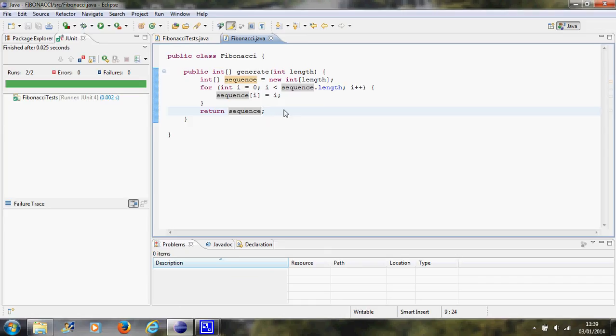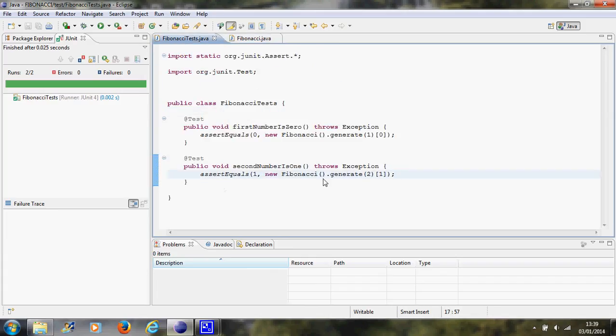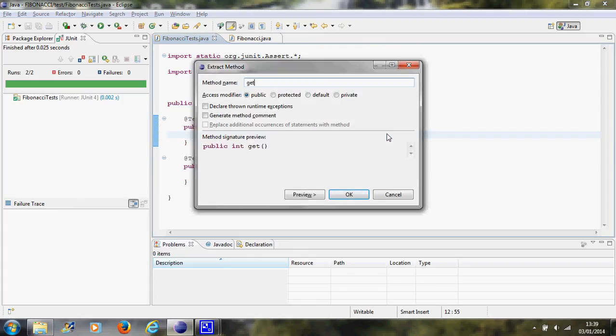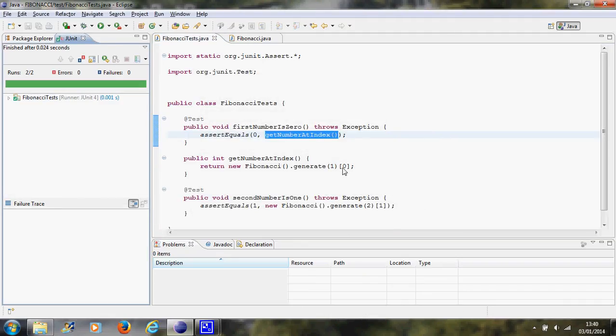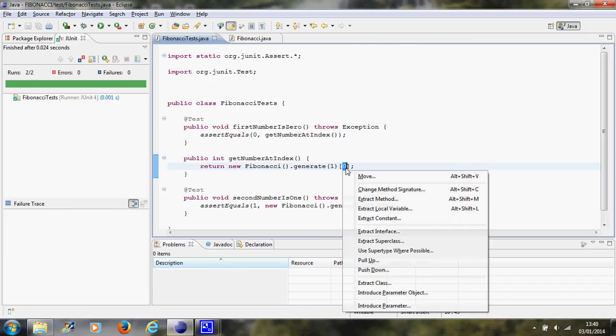So this is beginning to look more like some kind of iterative algorithm, which I would expect the algorithm to be. So it feels like I'm getting warmer, I'm moving in the right direction. So with that nice warm feeling, let's do a little bit of cleanup here and get rid of a little bit of duplicate code here. Get number at index. And let's parameterize this. Now there's a relationship between these numbers. If I parameterize the index,